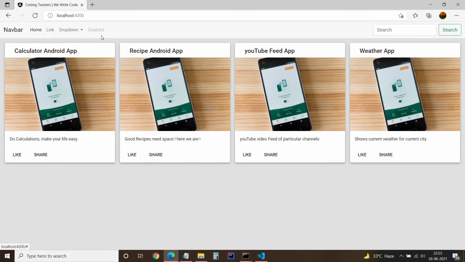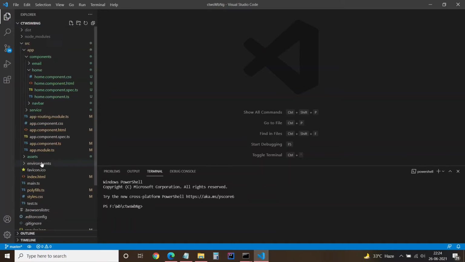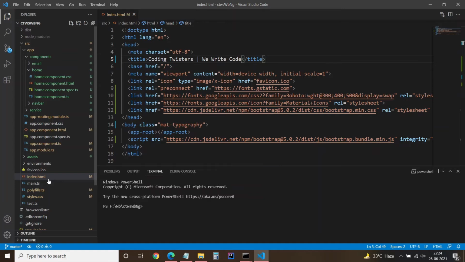If you want a Bootstrap navigation bar with working dropdowns, most of the time dropdowns don't work. How can we make it work? You just have to go to your project, and there is an index.html file in your project.